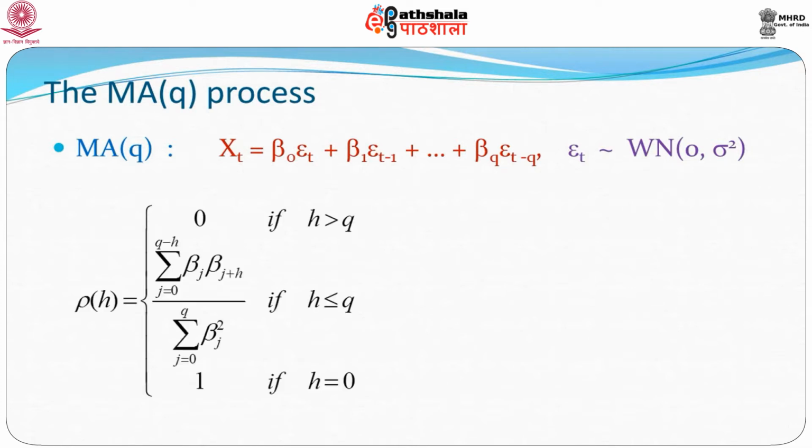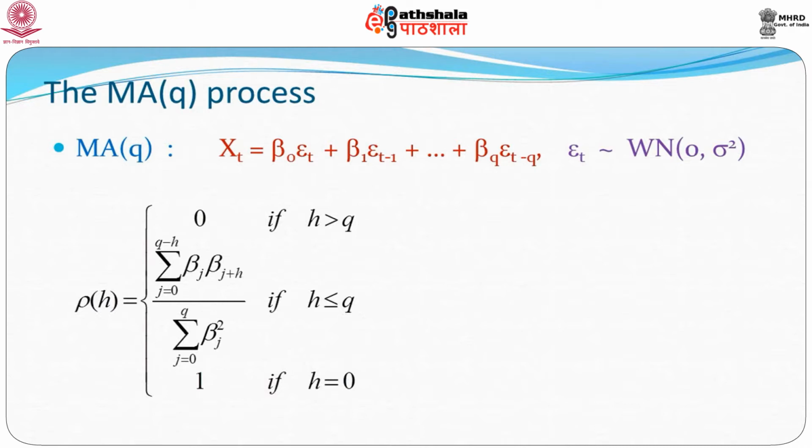We have seen that in that case rho h turns out to be 0 if h is greater than q. This is because once h exceeds q, and since we have just the innovations on the right hand side, there would be no common innovation between x t and x t plus h,